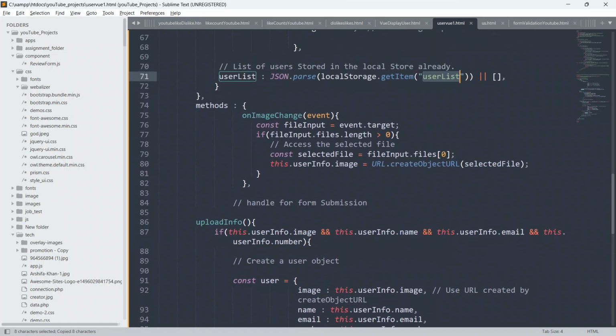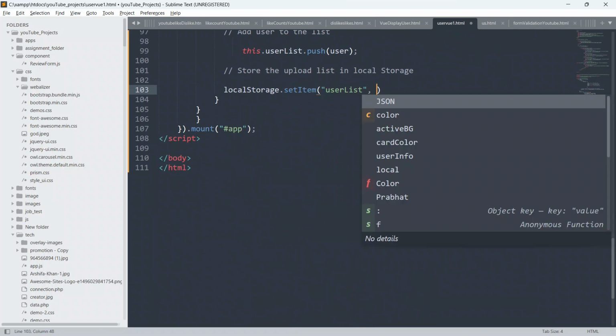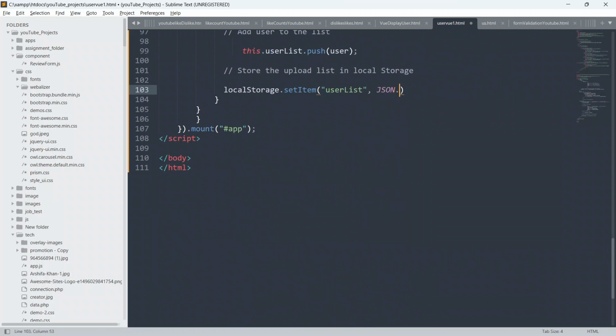Just copy this userList key from here, paste it here, put a comma, and we will say JSON.stringify, because if we want to store something into the local storage, we have to store it as a string only. Whenever you are about to grab it from the local storage, you have to use JSON.parse to parse the string back into a JavaScript object, so that we can perform any kind of action on that object.